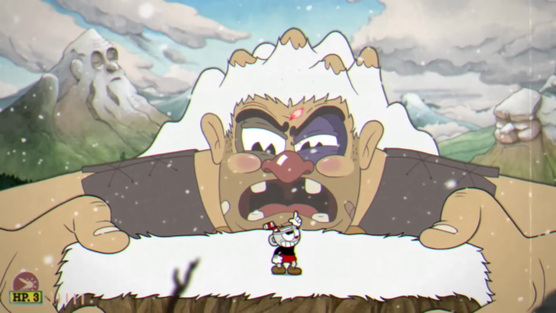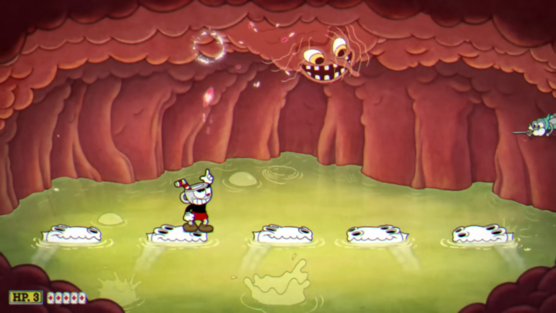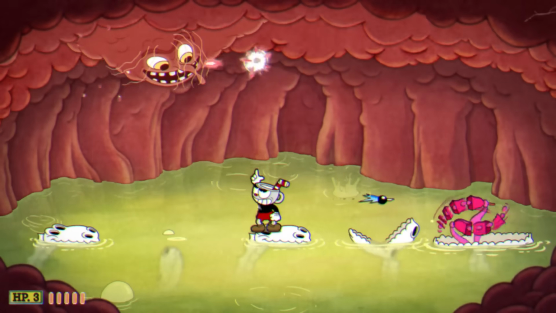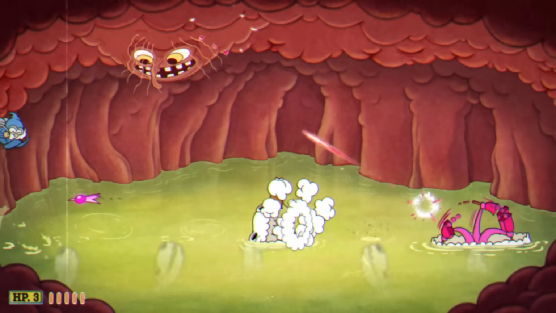But with those two phases out of the way, it's time to begin the fight's climax in the giant's stomach. We start off with some platforms to stand on, but they're eventually gonna run out, and the only way to bring them back is by parrying these bells, which isn't an option for us. So instead, we have to stall for as long as possible before they all get deleted, at which point I